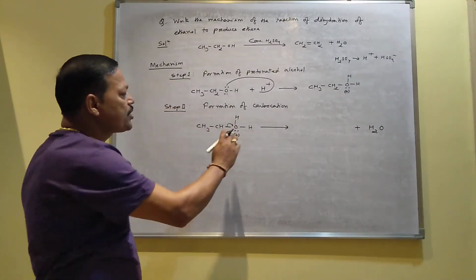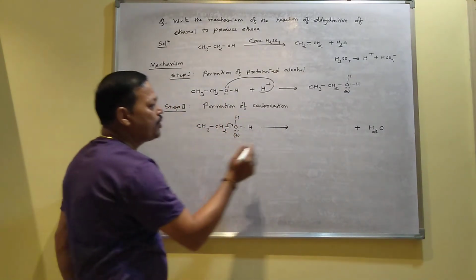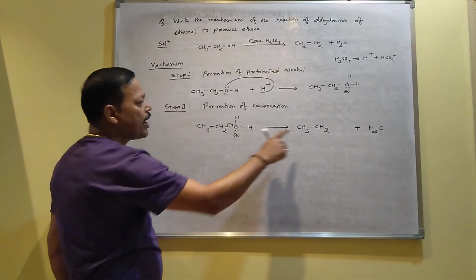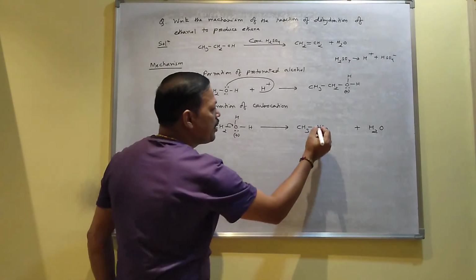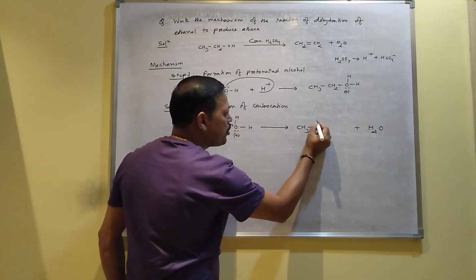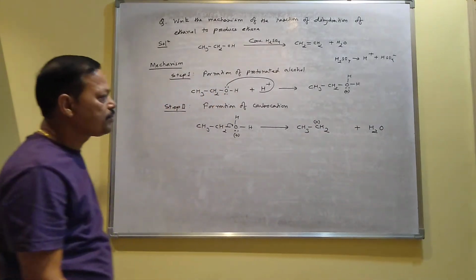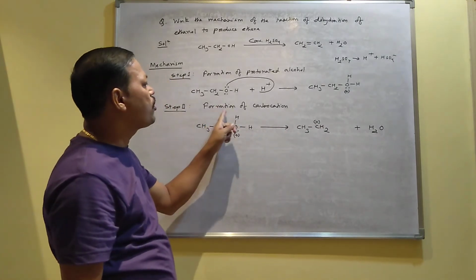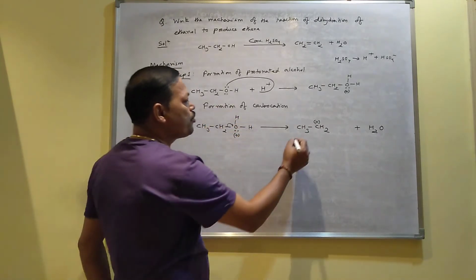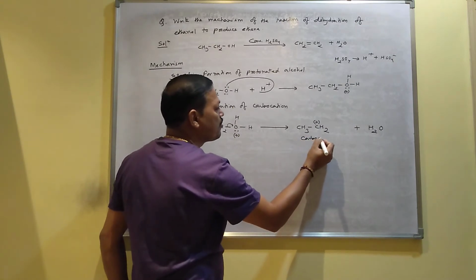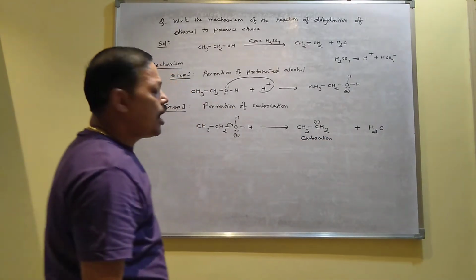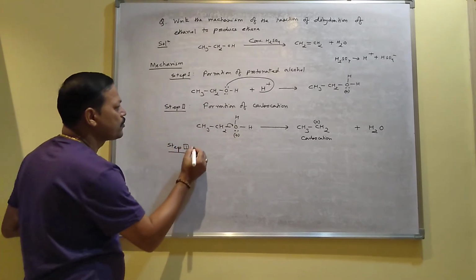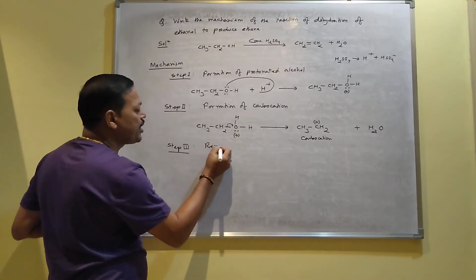So when water is released from it, when the bond breaks, what about the remaining part? The remaining part becomes CH3, CH2. Since the carbon contains 3 bonds, 1 bond, 2 hydrogen, that is why valency decreases, so it will become positively charged. And you know, when carbon carries positive charge, that is called carbocation, and that is why the step is called formation of carbocation. So one carbocation we have got as an intermediate. After production of carbocation, in step 3, removal of H plus ion takes place.